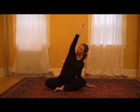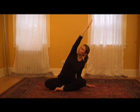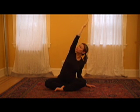Take the left hand down onto the floor to support the torso. Right arm lifts up, lengthen through the right side of the body, and then leaning out and over towards the left side. Gaze again into the elbow crease. Right fingertips lengthen away from the right hip, finding a nice long, deep line of energy there. Nice stretch. Chest moving forward. Breath is smooth and even. Then come all the way back up. Flip the right hand down into the